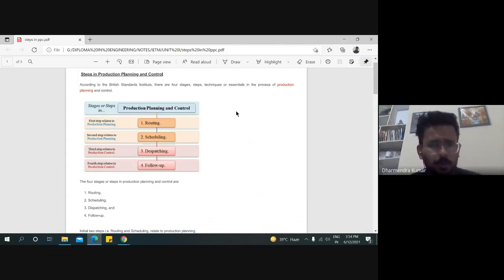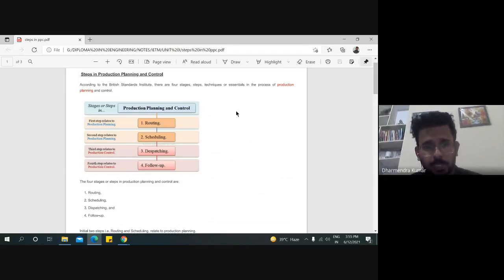I am going to summarize this lecture. There are four steps in production planning and control: routing, scheduling, dispatching, and follow up. Routing ensures the maximum utilization of manpower, machines, and the quality and quantity of raw material.